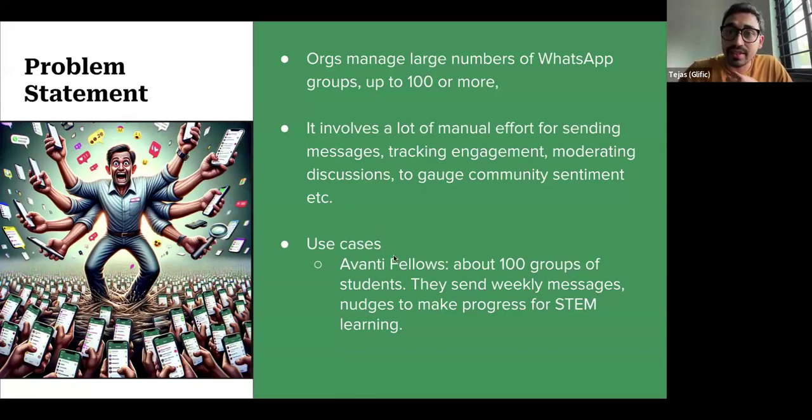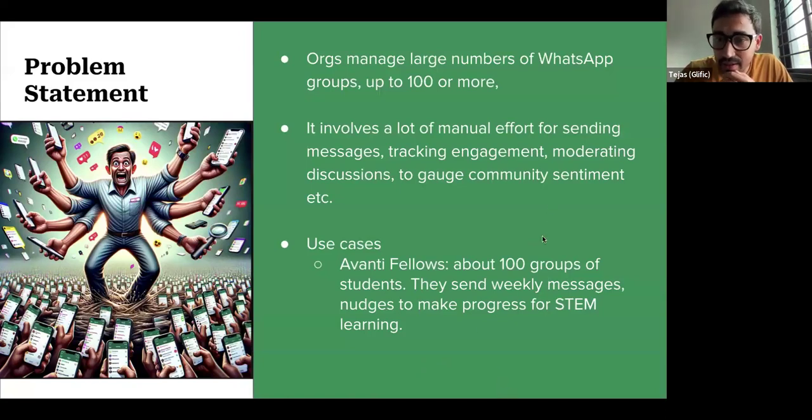So orgs have to manage a large number of groups. Sometimes it can be up to 100 or even more, and this involves a lot of manual effort for sending messages, tracking engagement, moderating discussions, and just to get an idea of what's going on. And there's no one place, no platform which enables you to do that. All of this has to be done manually by your team members. So this is the problem that we have discovered.